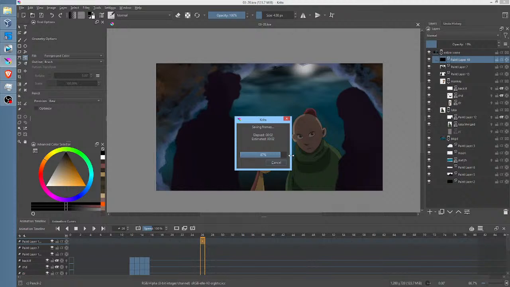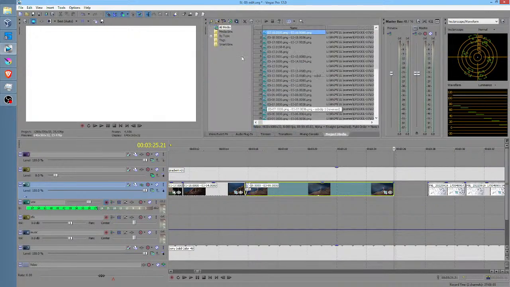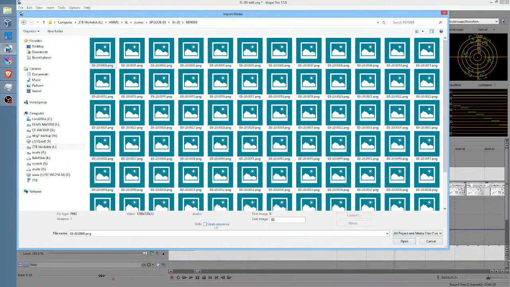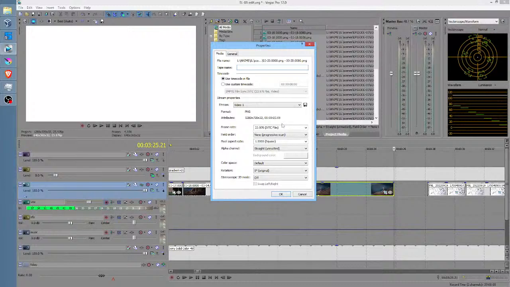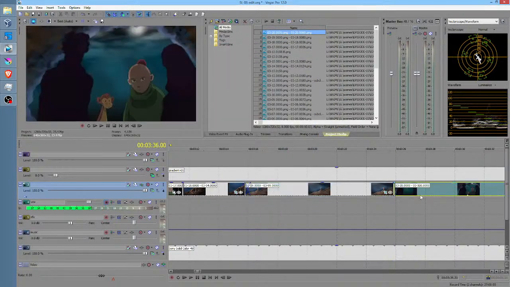And if we determine that it's too dark, we've got that real change of context when we cut to monkey, so there's no reason we can't go ahead and make it a little bit brighter. We don't have to decide that right now. So now what I'm going to do is grab episode 3, shot 20, render 80 frames. I'm going to leave it as 80 frames because I honestly don't know how long Luca's lip sync is going to last. Okay, so we're going to pop that in there.